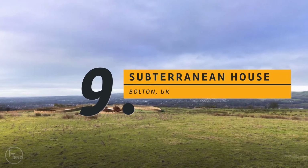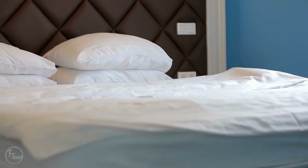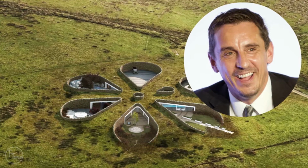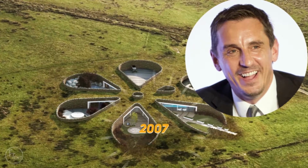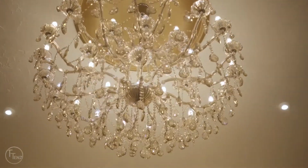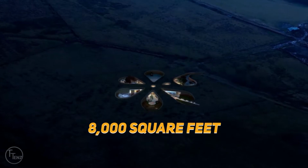Number 9. Subterranean House, Bolton, United Kingdom. This hidden eco house is in the north of England for English soccer star Gary Neville, who bought this plot in 2007. Labeled a Teletubbies home because of its petal-shaped design, which encompasses 8,000 square feet of one-story floor space,